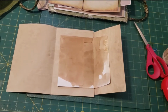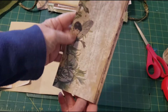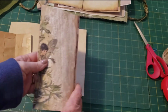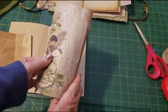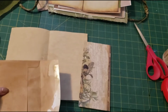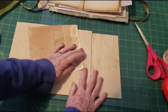Okay, here's another idea for a page that I did. I think I did it a little differently, but here's your paper. And I have a smaller paper that's, well, it can be whatever, 4, 3.5, 4. And I folded it in half. So then what I'm going to do is sew and then get an envelope. I'm going to put these together like that. And then I'm going to put this here